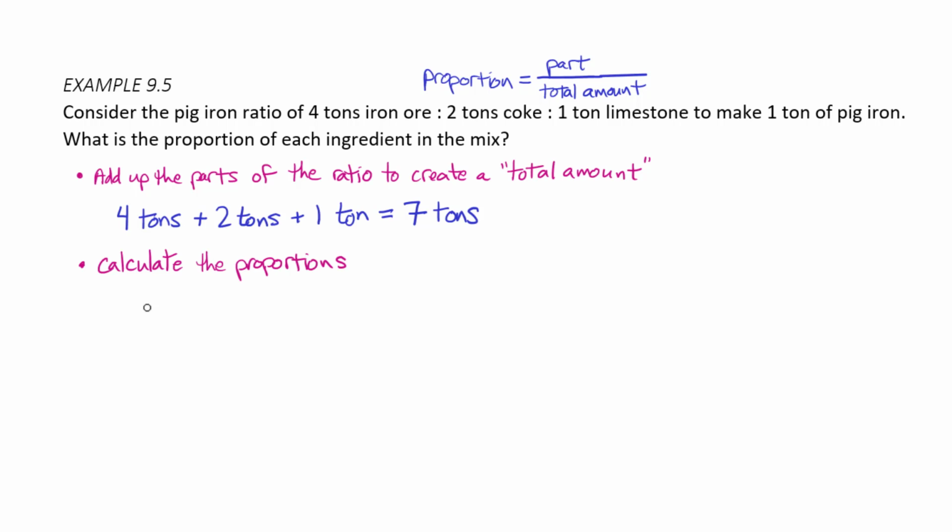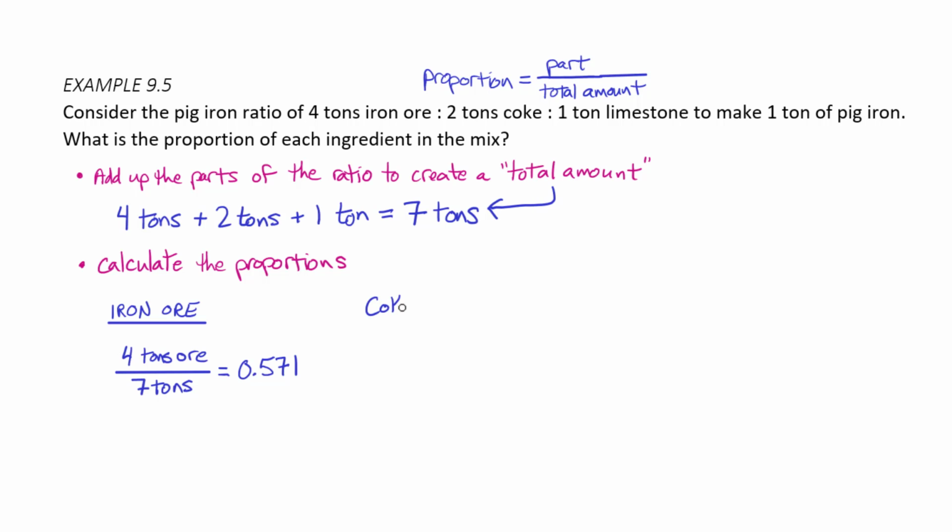So we're going to use the formula proportion equals part over total amount. Total amount, of course, is 7 tons. So in our ratio, we are supposed to add 4 tons of iron, and our total number of tons that we're going to add is 7 tons. Let's do this to 3 decimals. 4 tons of ore over 7 tons total is